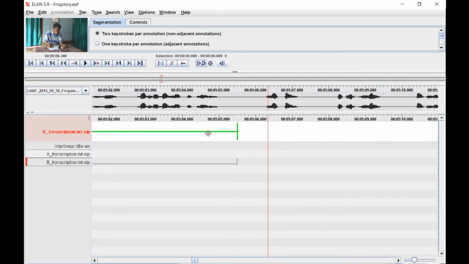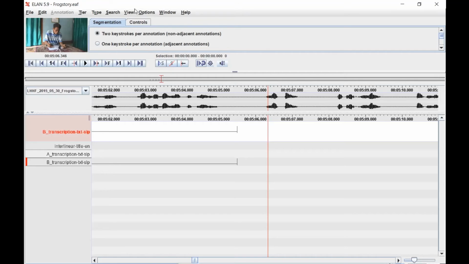Right. So now I have one annotation for B and two for A. Usually you would go through the whole recording now and create all the, oh, sorry, not annotation, but segments. So you would go through the whole recording and create all segments. But for this demonstration, I will just continue to the next step now,